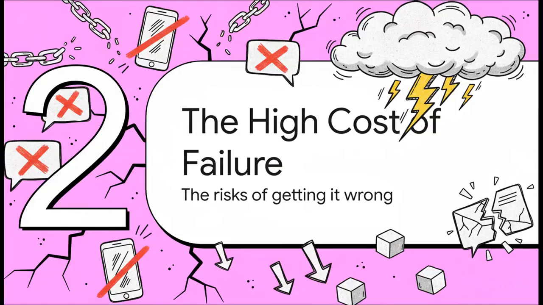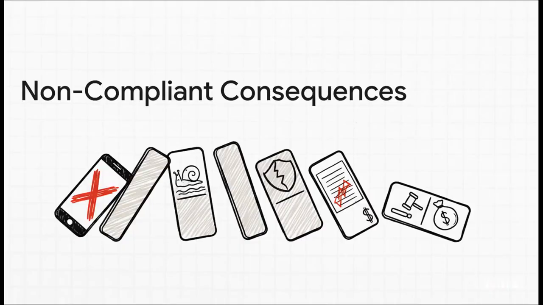Okay, so what happens if you decide not to play by these new rules? Well, that leads us straight into Section 2, the high cost of failure. And believe me, the risks here are very real. This really shows you how it all starts to stack up. It starts with your messages being filtered, or worse, just blocked entirely. Then, your delivery speed gets throttled way down. Your sender reputation takes a nosedive, and before you know it, you're paying rejection fees and facing some serious financial penalties. It's a real snowball effect.